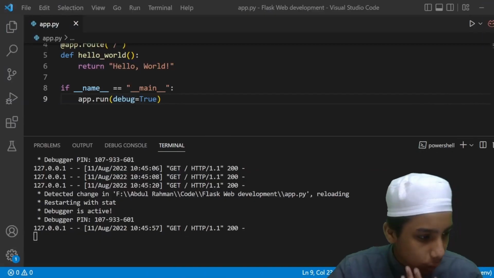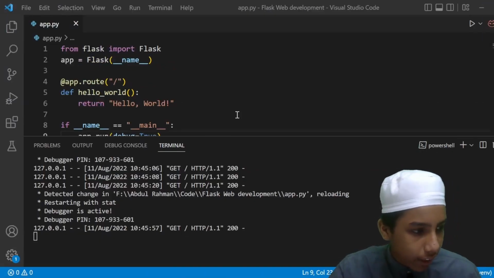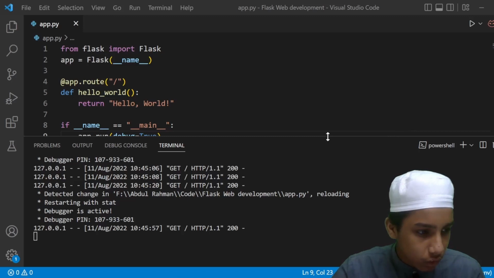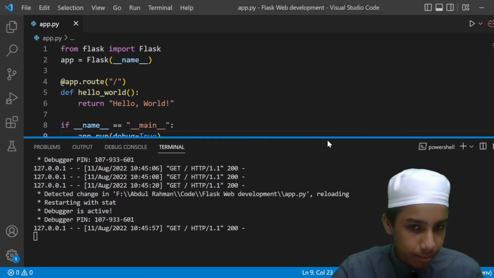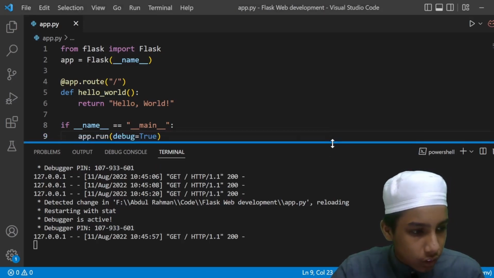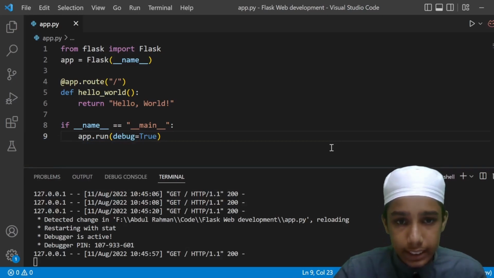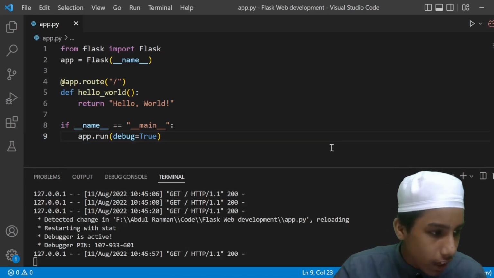So right now we are done with these things. I'm going to make it a bit smaller. If you remember in the Django playlist, in the Django series, what we have done is, for example,